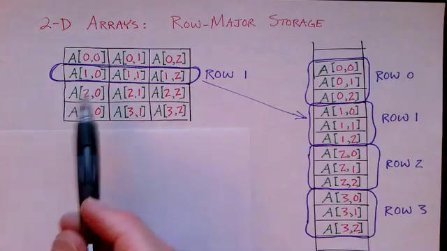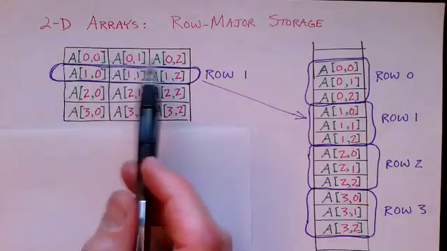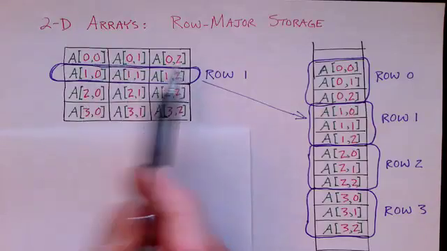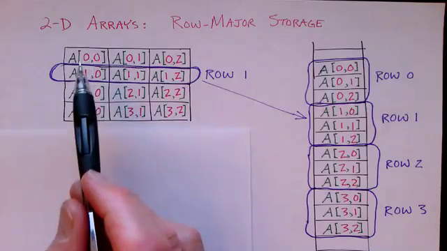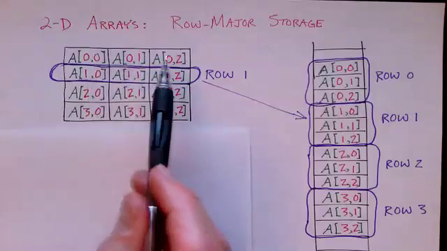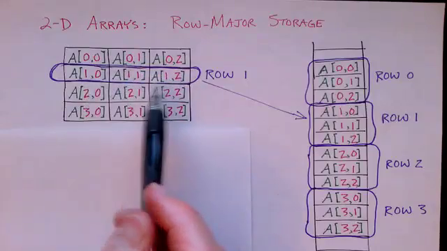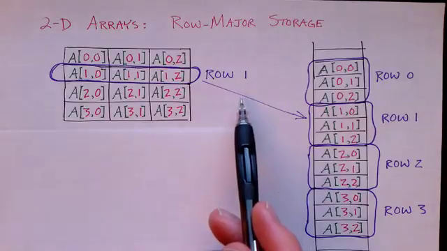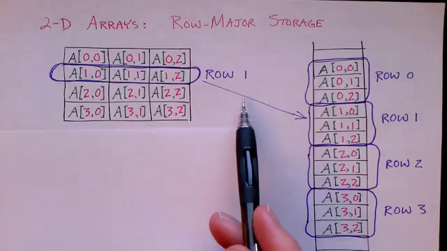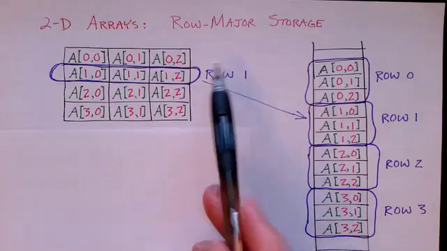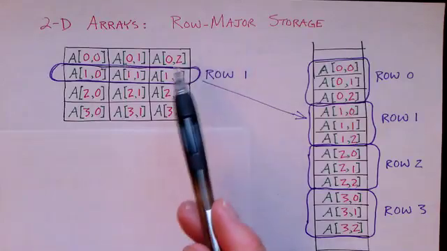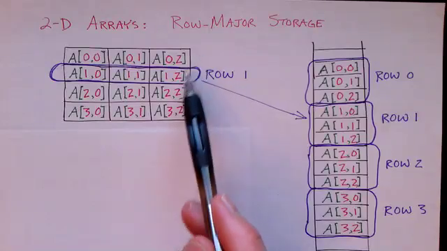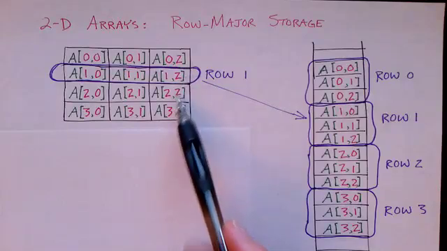Now let's take a look at a two-dimensional array. Here I've drawn the array the way you might visualize it. You can see it has 3 columns and it has 4 rows. And the array elements are 0,0, 0,1, 0,2, 1,0, 1,1, and so on. How is this thing put into memory? Well, the programming language C and many other programming languages use what's called row major order. In other words, they store this row all contiguously in memory, followed by the next row, followed by the next row, followed by the next row.